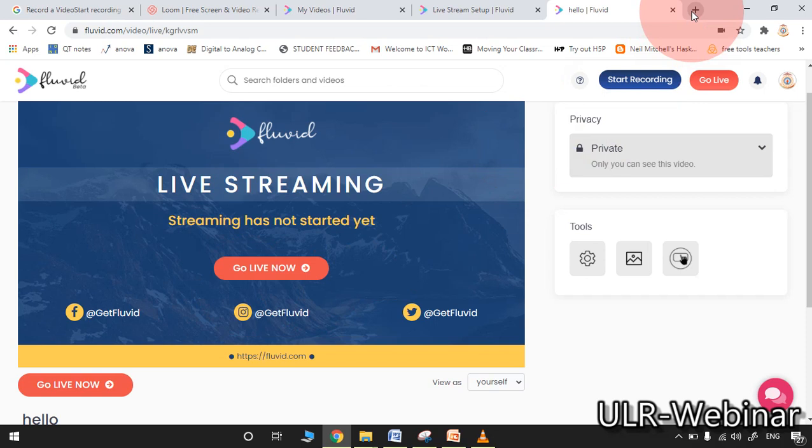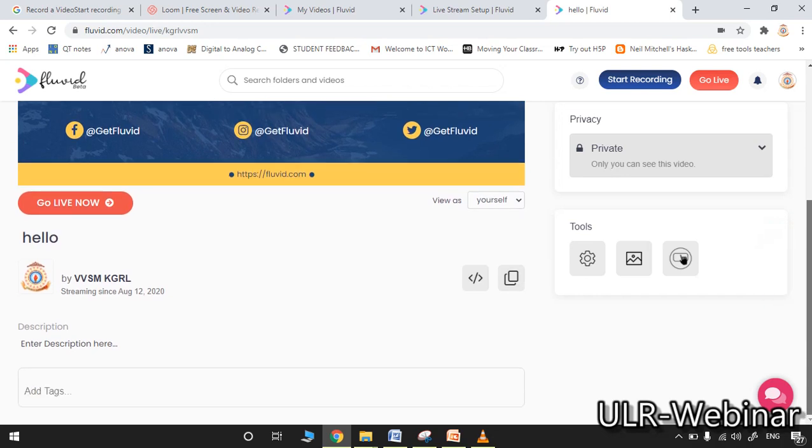You may start giving live streaming directly from this browser itself. You may record the complete clip in your account and download it to your PC also. So these are all the best features in the fluvid.com tool.